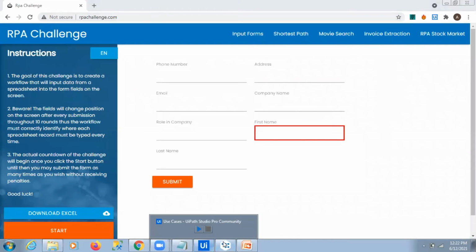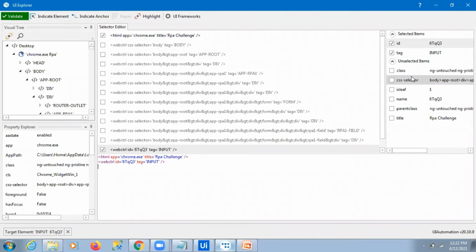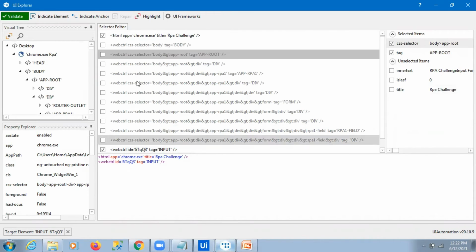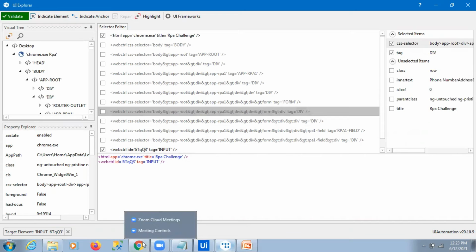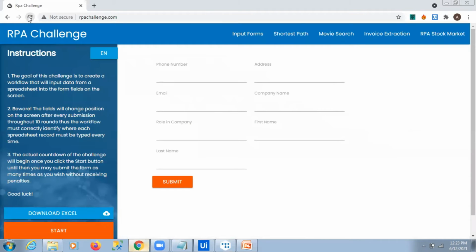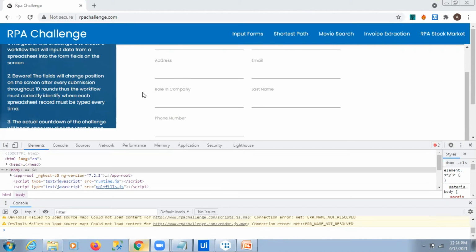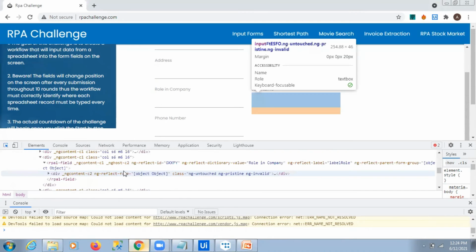It highlights properly. Using the ID, there is no name here. Now I refresh the page and highlight the last name. These are the CSS selectors in the background of that element.